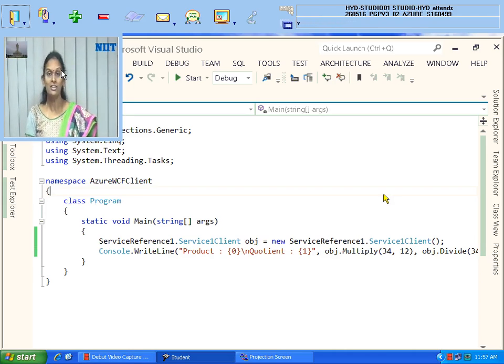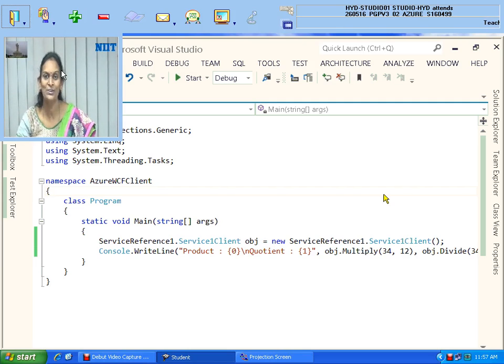See, service creation is not sufficient. You should know how to consume it from your application also. Add its reference, a service reference, whatever name you can give. Then dot, and your service class name will come with Client at the end. Create an object for that and try to access the functions which are declared as OperationContract. If you don't give OperationContract, they are not accessible. I found no doubts, that means none were raised.